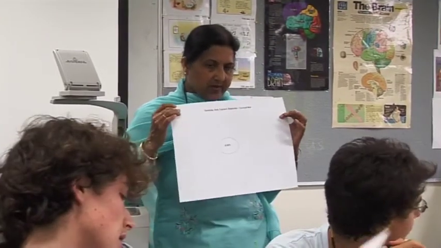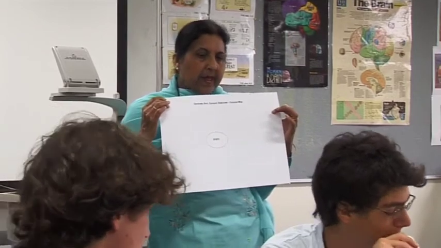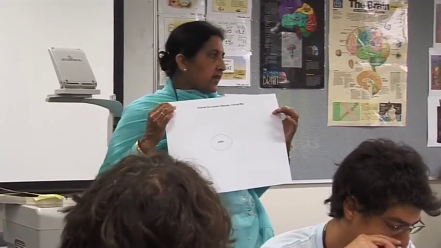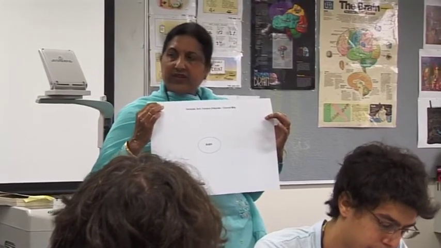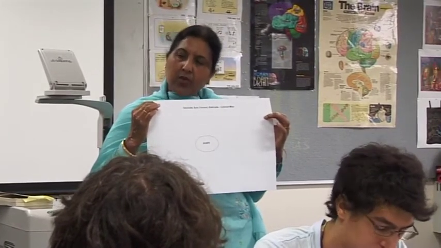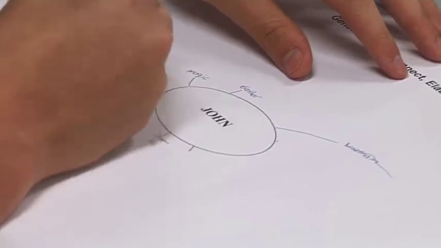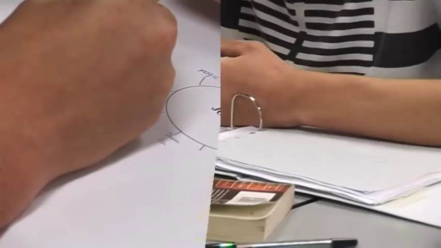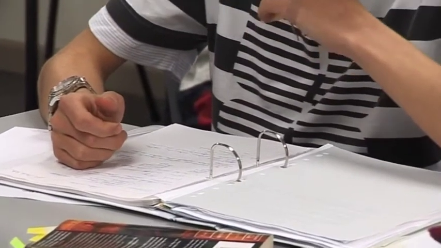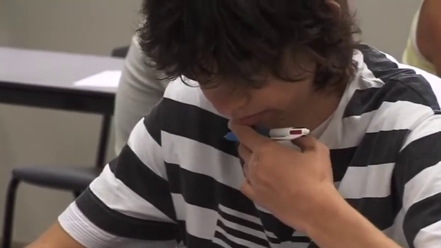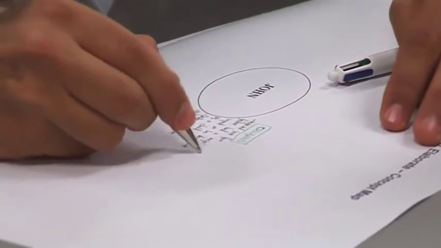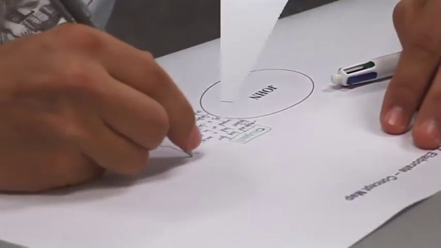I'd like you to use this concept map here, and place these ideas according to their degree of importance. The ones which you feel are more central and more absolutely essential to make him what he is, place them closer to the center. And the others which may have had an impact on him, but may not be such a direct or such an important or central one, place them on the sides.